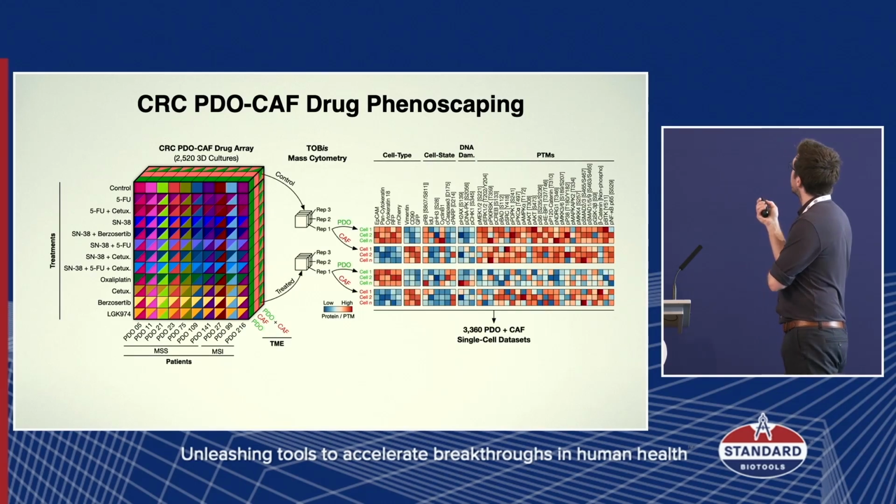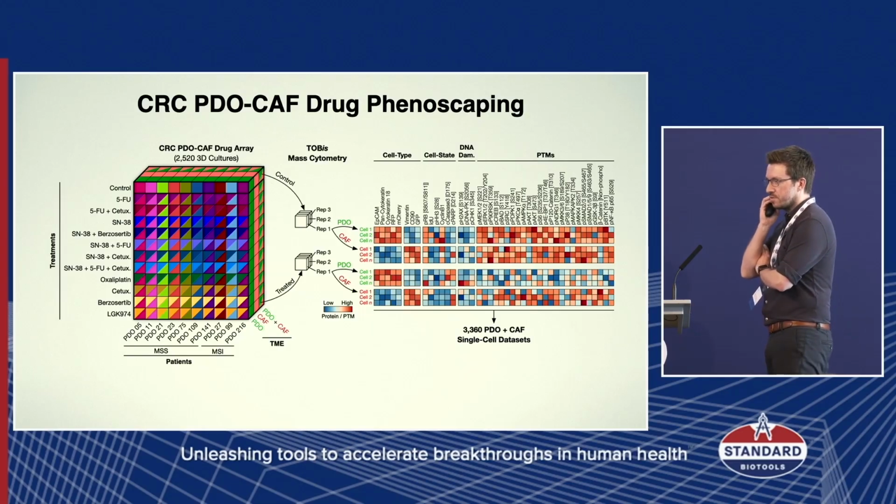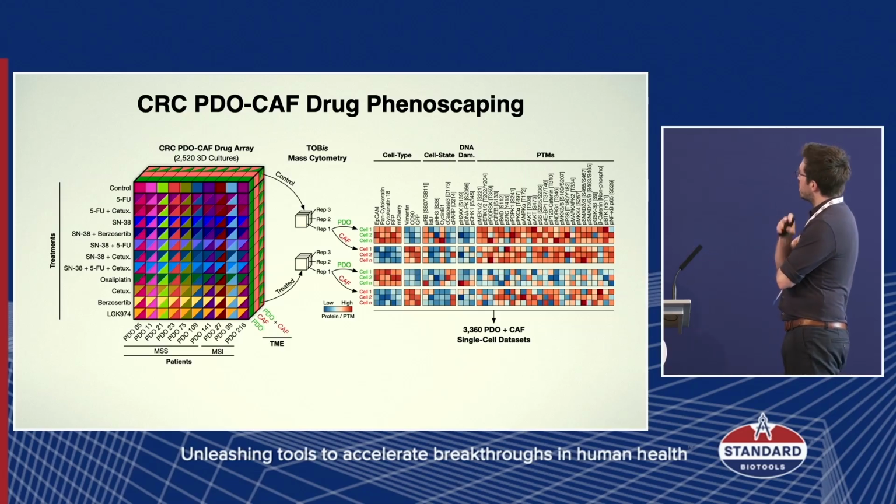So we had cell type specific markers, cell state, DNA damage, PTMs, and we had around 3,500 single cell data sets that came out of this. It's sort of in a big embedding. Now, I don't have time today to go into all the data analysis and exactly how we broke this down,